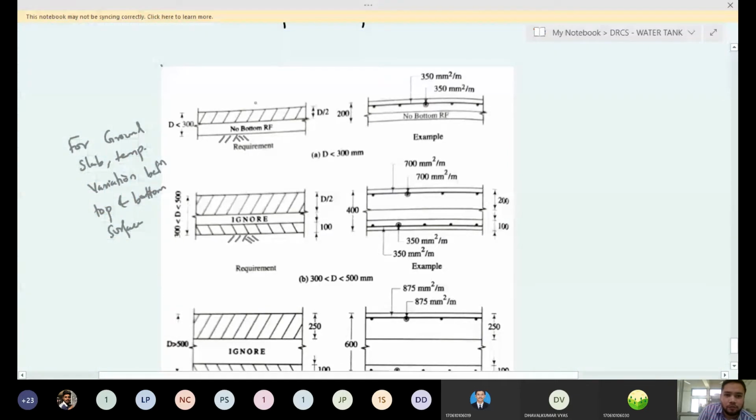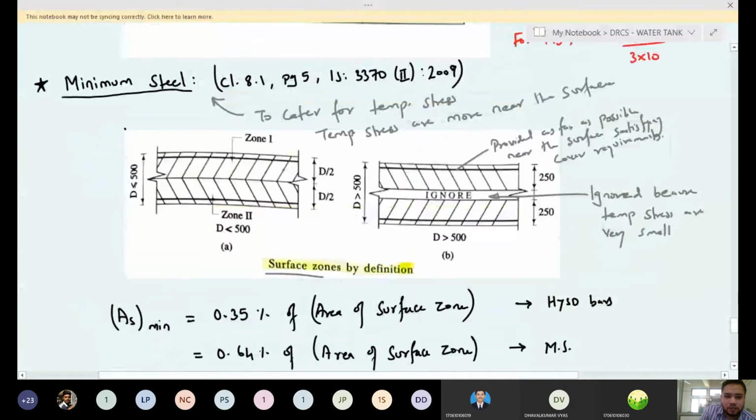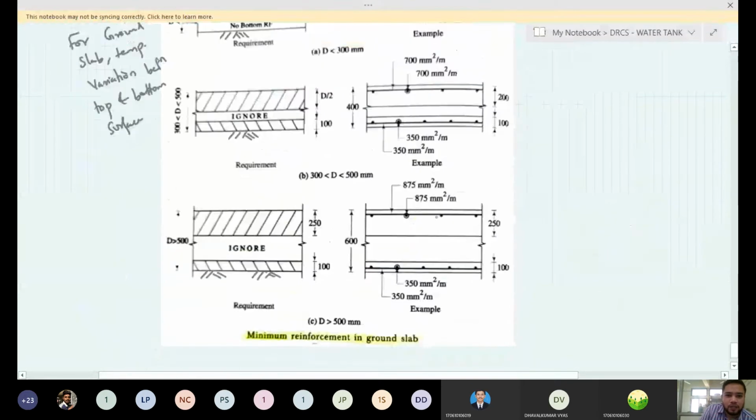So the provisions for surface zone given in this are not applicable to this, because at the bottom